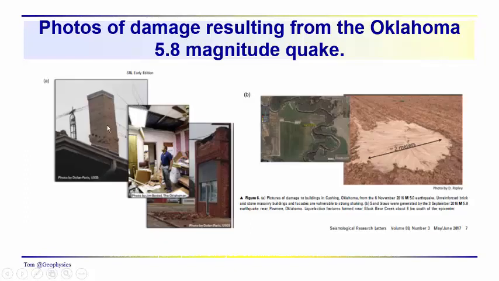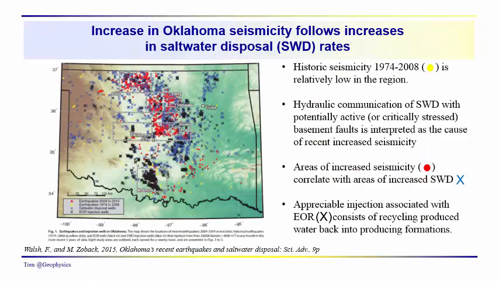This is just the kind of damage that, I think you could go up there and push that over with your finger. When you get a 5.8 magnitude event, watch out. People can get hurt. People can get killed. We've got sand blows here. We've got liquefaction features and so on in the region. So it has a regional impact.